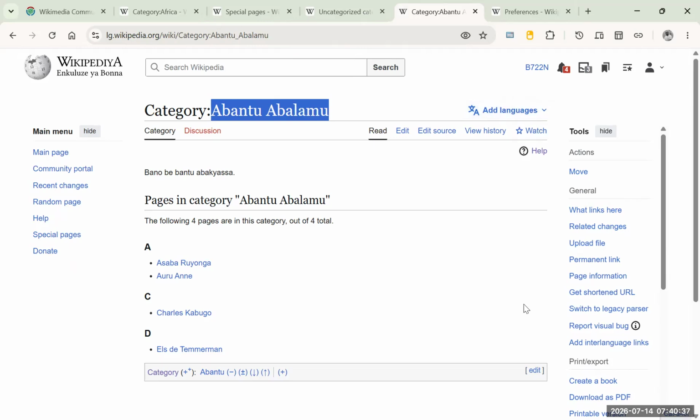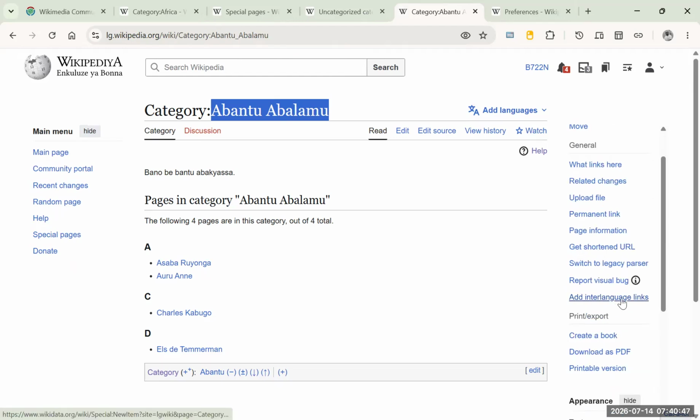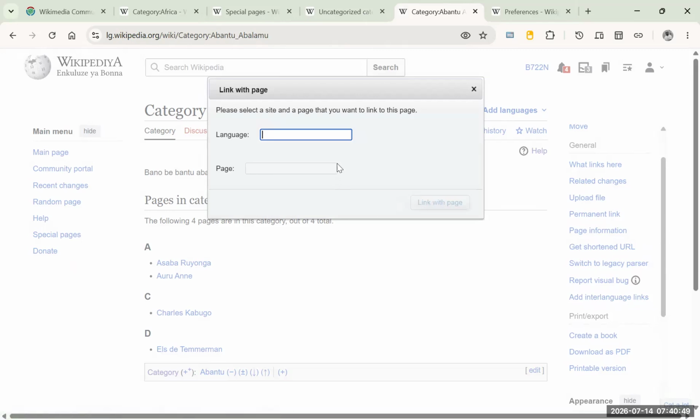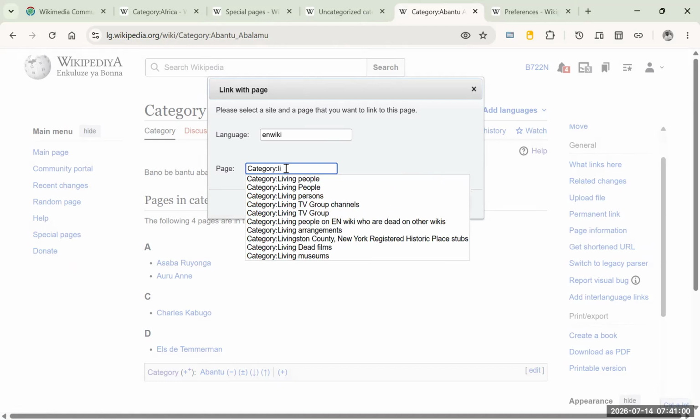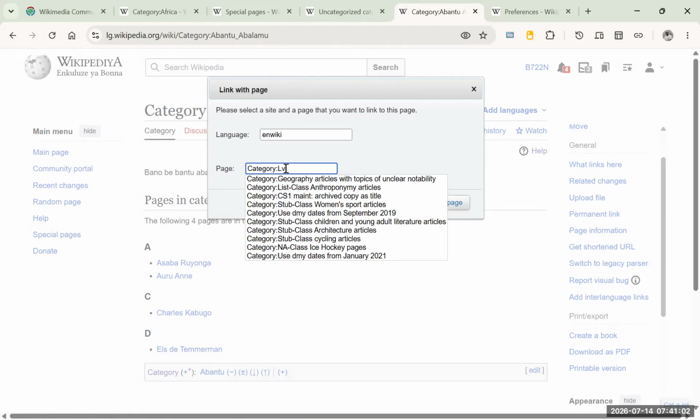So, and this one is supposed to be connected to, say, the page for living people. So I'm going to add interlanguage links here. When I click on add interlanguage links, I'm going to search that it is on English Wiki. So I'm going to add it to the category. When you're typing, it keeps suggesting. So this one is going to be the